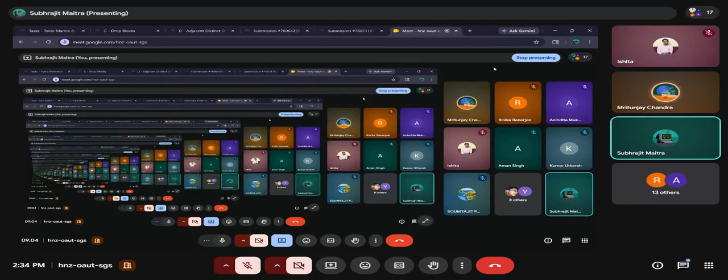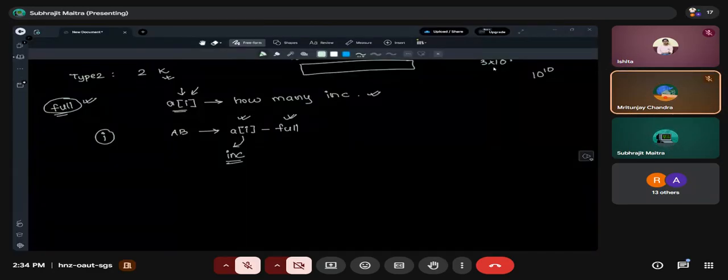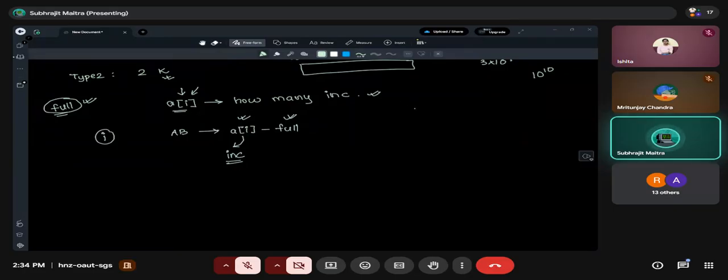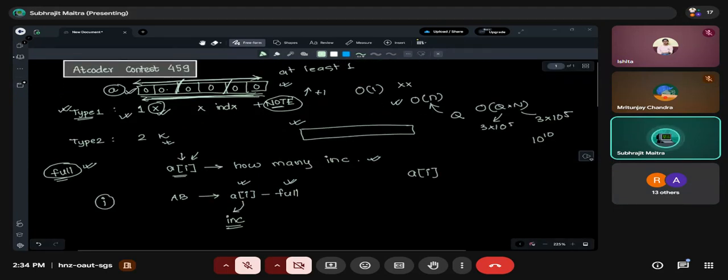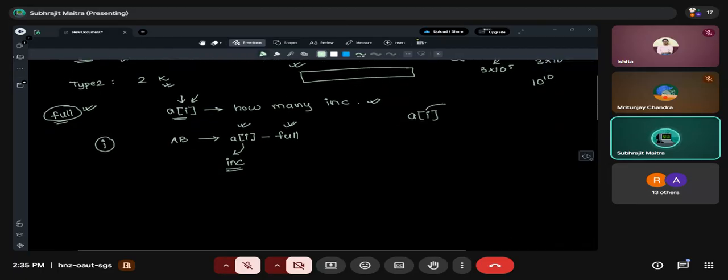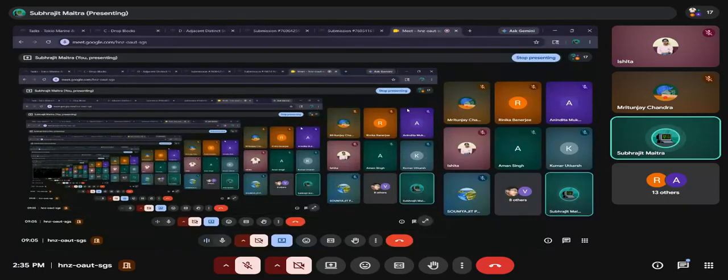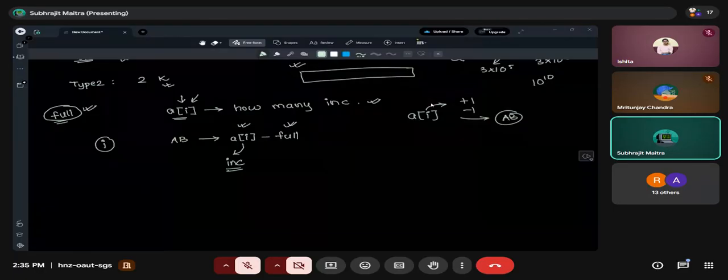So, Bhaiya, can you repeat it once again? Yes, let me repeat it. Suppose we have an index in this array where we were trying to go and decrement all the values. At that one index, in the brute force approach, if I get a type 1 operation, I will do a +1. If everyone becomes full, there will be a -1 here, and I will have the count of actually how many blocks are there at this index. Am I right? This is the brute force one. Yes.